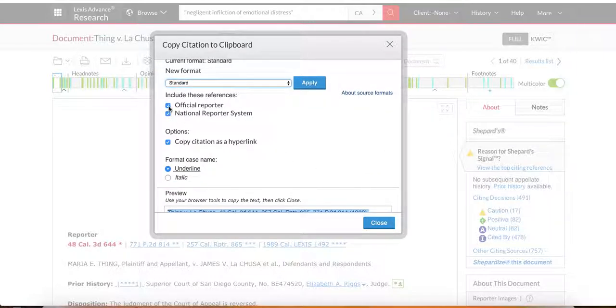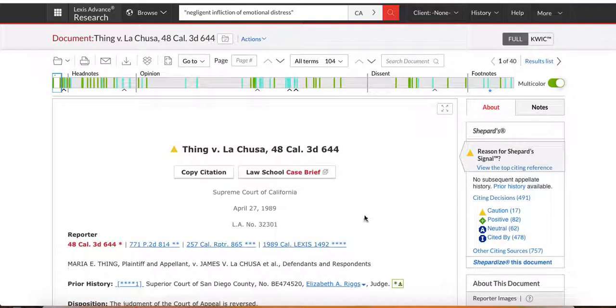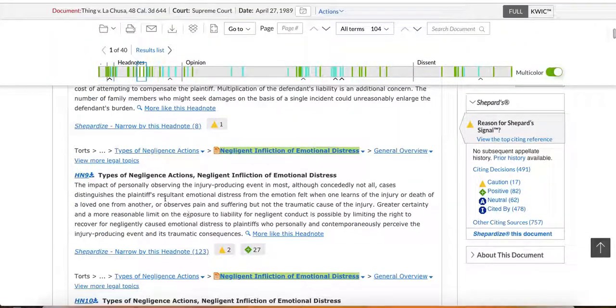Or you can just say, you know what, I just want the official reporter. It's already in Bluebook format. It's automatically copied, and then you just paste it into your brief. Now, let's say you want to highlight a particular thing. You can highlight like this,